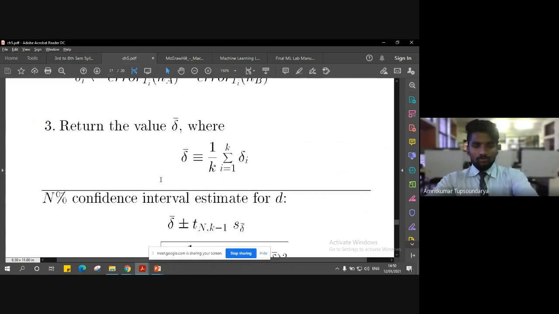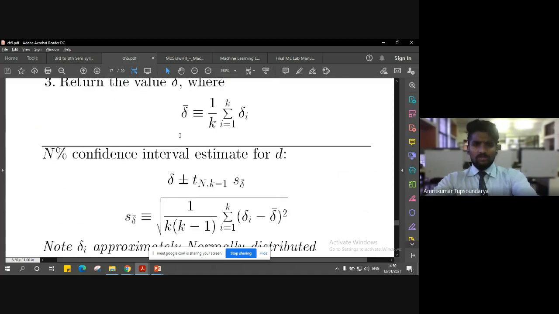So now, once we have this delta value, we need to compute the confidence interval, the N percentage confidence interval. And how do we compute it? For that, we already have a formula here which computes the N percentage confidence interval estimate for this d value.